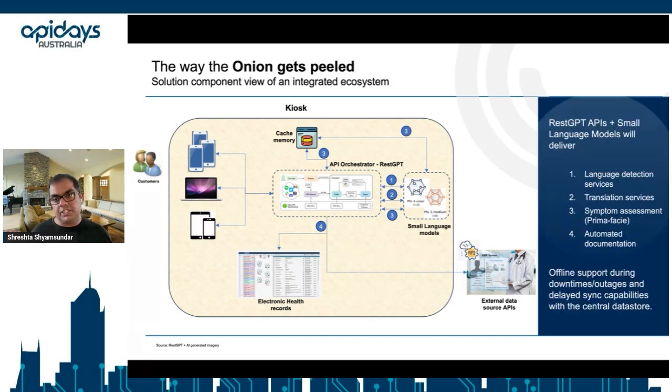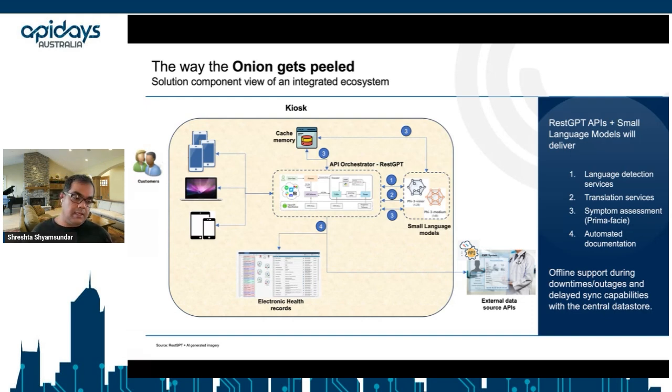So this combination of running small language models, having an API orchestrator to facilitate knowledge exchange between the language models as well as the devices, and also to facilitate updates to local electronic health records as well as external sources, like state and federal health territories, being able to triage and also manage symptoms through external services, document progress on some of these cases internally, externally, transcribe it. These are some of the services that we were able to build leveraging the architectural assembly of these components.